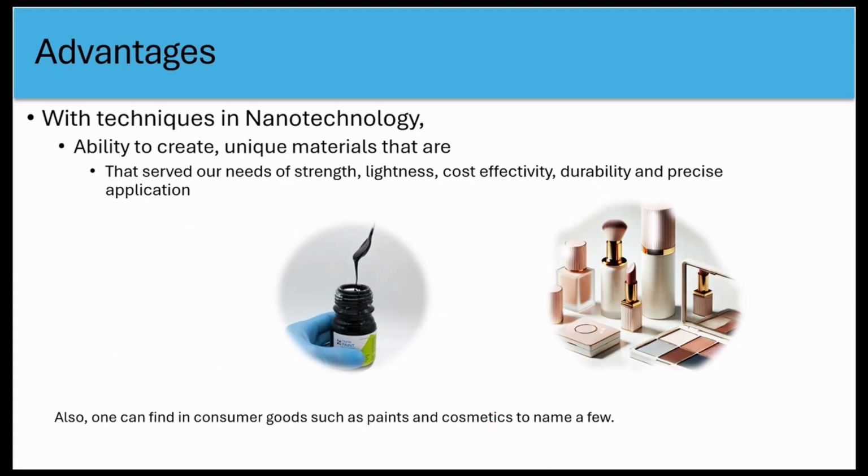Next, nanotechnology empowers us with techniques to engineer unique materials tailored to specific needs. These materials are designed to deliver superior strength, lightness, cost effectivity, durability, and precise applications. Basically, what we're trying to say here is that in olden days, say you have a steel, some material, and the customer needs a different property or different standard. So what we do is we store that material, run computations, simulate the material, treat it, and do hit and trial,